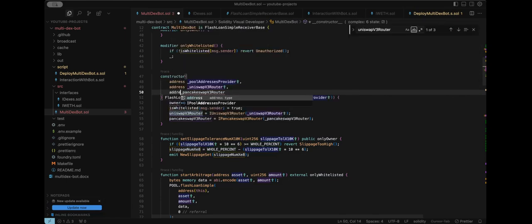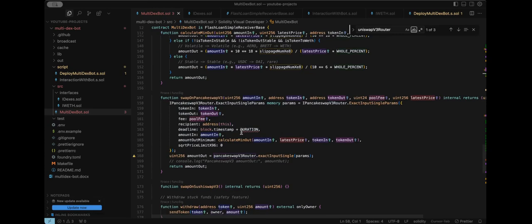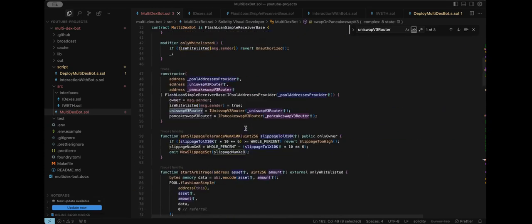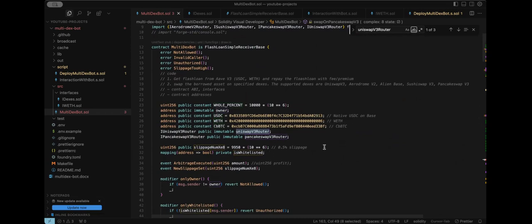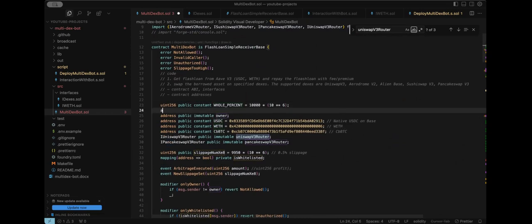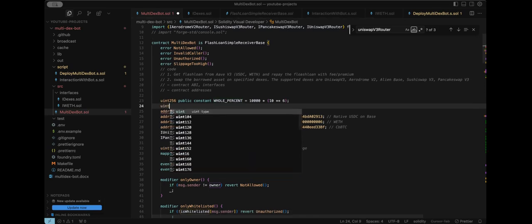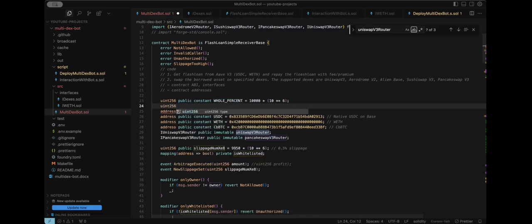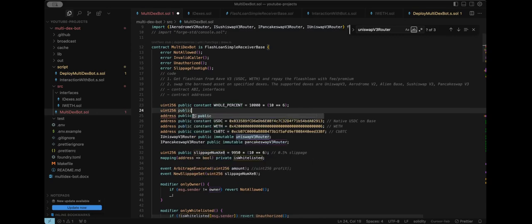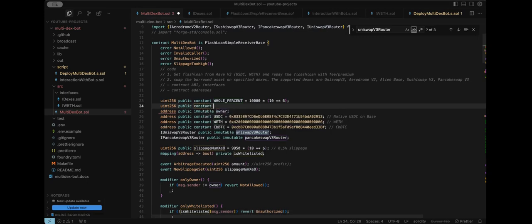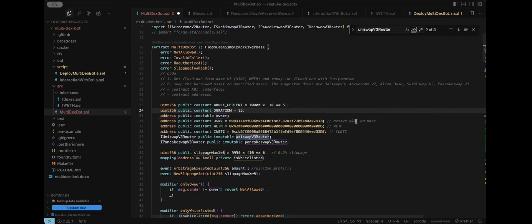Okay, I need to put address here. Okay, it's okay now. Now we need to define this duration. It must be a constant in order for us to also save gas fees. So I'm going to put it here. It's going to be uint256 public constant duration, and I think 15 seconds is okay. It could be lesser. We're just saying that it should swap within 15 seconds. And by the way, everything we are doing is within one block, which is about 2 seconds on